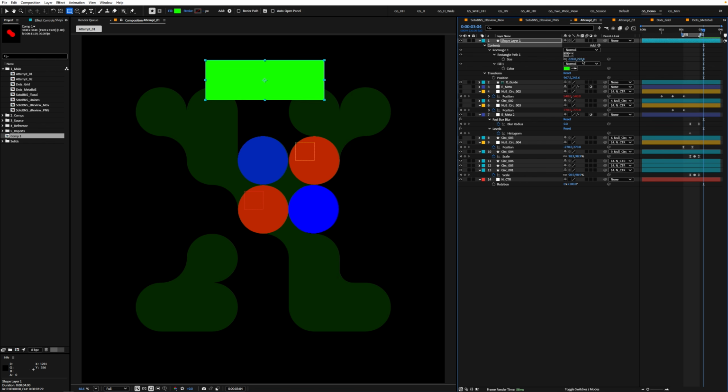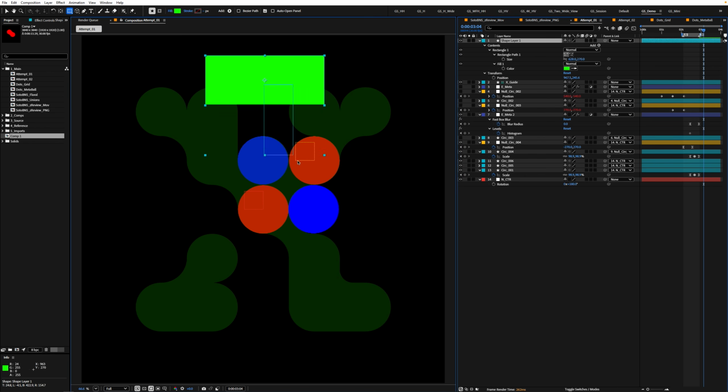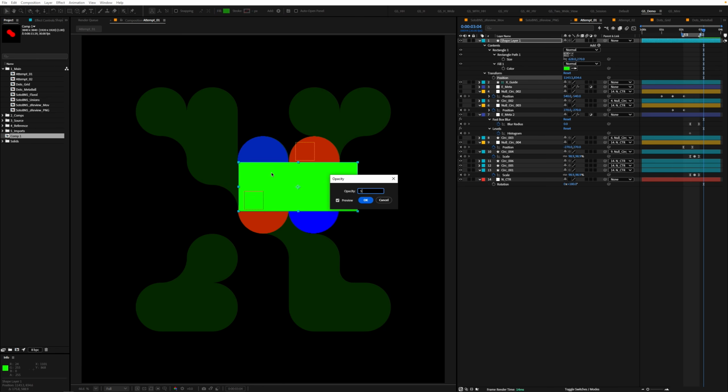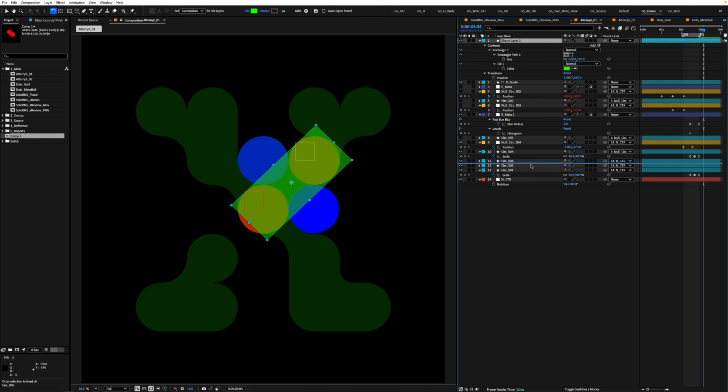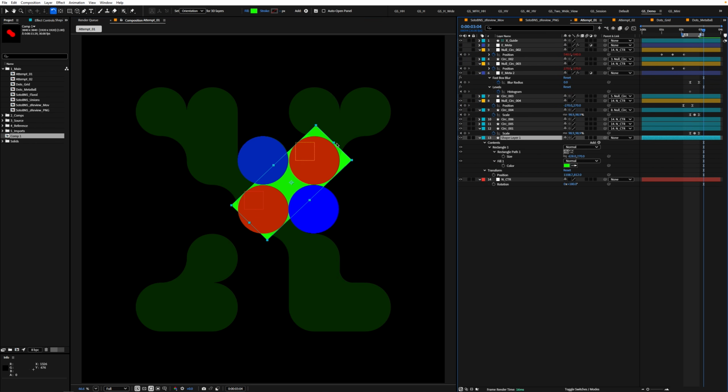So I just make this one 270, or it's probably a little less. Then I'm just going to make this like 50%, and then I just rotate it, and yeah, it is 270. So if I have this, and let me put it underneath,